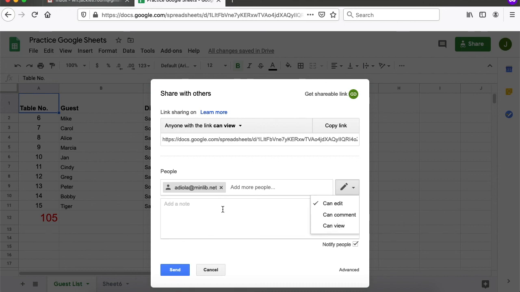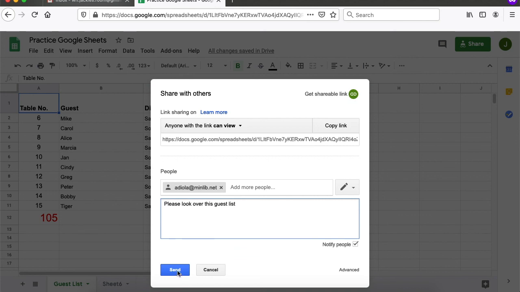Now over here, right below all of that, is add note. So instead of sending a separate email, you can just add a note, and I'm going to add, please look over this guest list. And so the person who will receive the notification that's allowing them access to this spreadsheet will see your little note here. So that's, instead of having to go an extra step and typing out an email, you can just do this. Then after you're done with all of that, you would just need to click on send right here at the